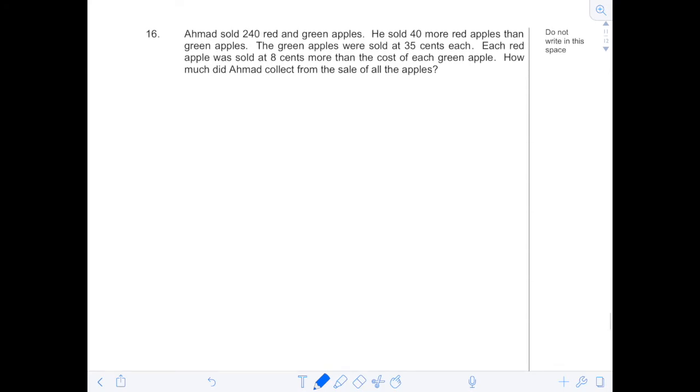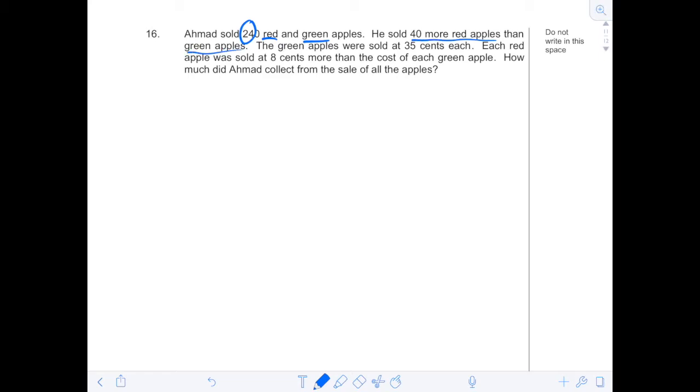Alright, for question 16, Ahmad sold 240 red and green apples. He sold 40 more red apples than green apples. The green apples were sold at 35 cents each. Each red apple was sold at 8 cents more than the cost of each green apple. How much did Ahmad collect from the sale of all the apples? Okay, so first we know that there are 240 red and green apples. He sold 40 more